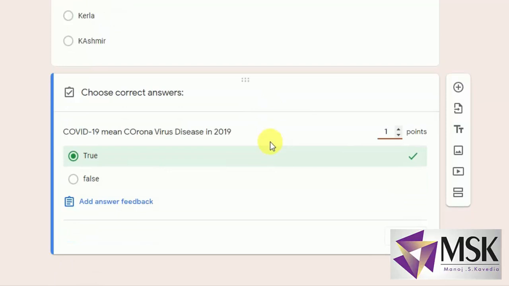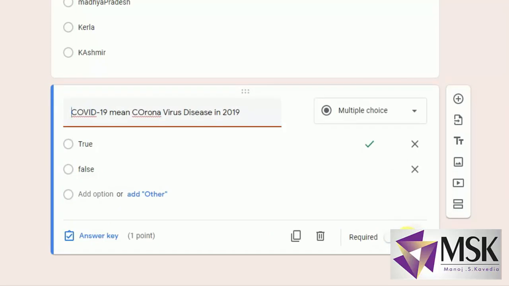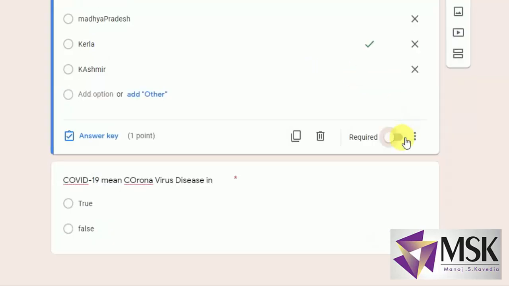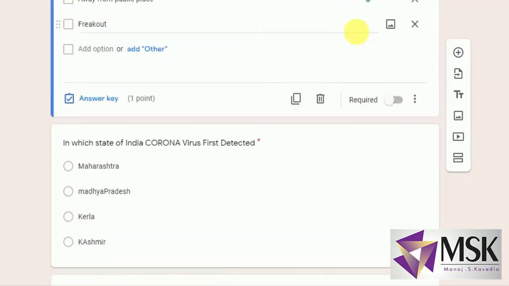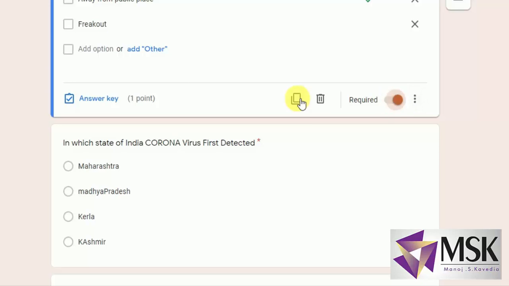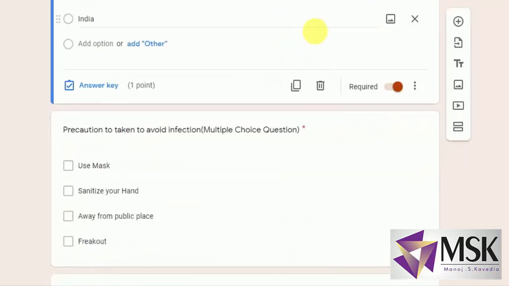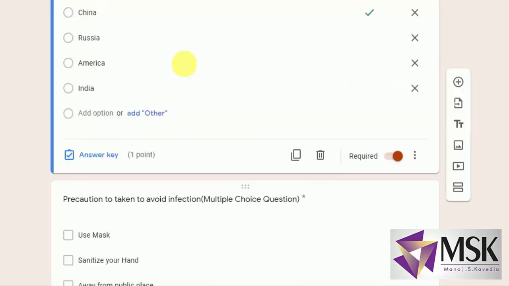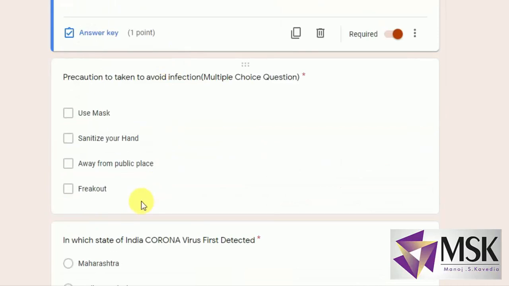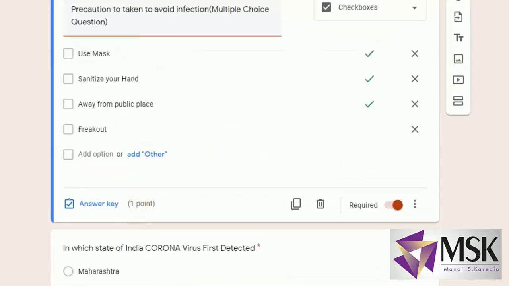Now the next one. Let's say this is a required field. I'm making all the answers required so that the user has to compulsorily give the answers, and the moment I make it required, see, a star is displayed here. The star says it's a compulsory question.